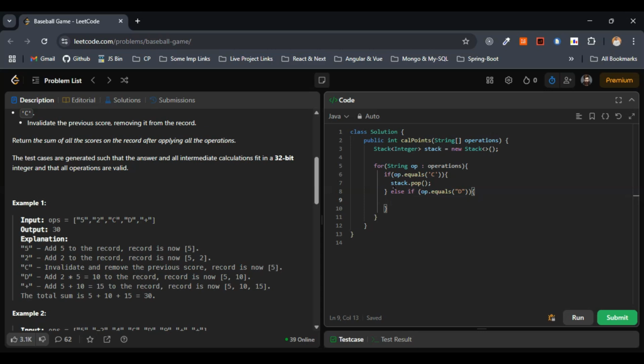We need to go with 2 into, we can just make use of the peek operation here, 2 into stack dot peek, because we have to double the previous score and we have to push that score, right? So I'll just go with stack dot push of 2 into stack dot peek. So this is fine. So here again, let's go with the else if